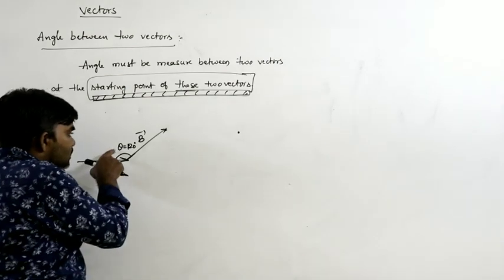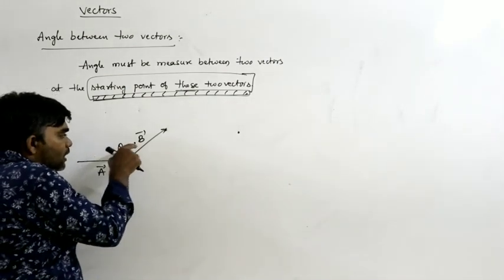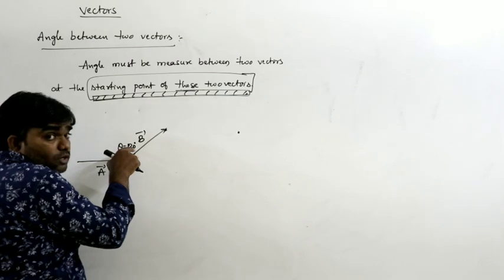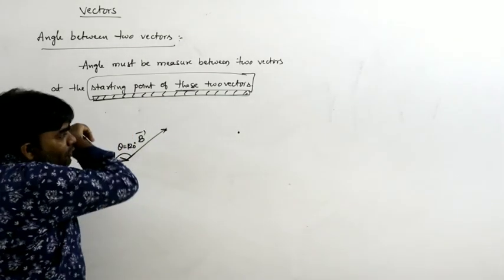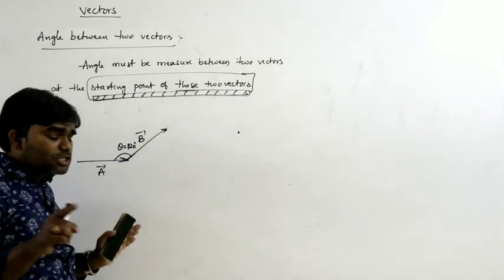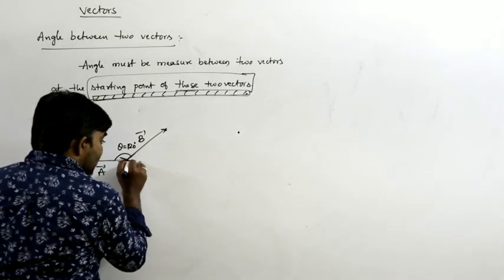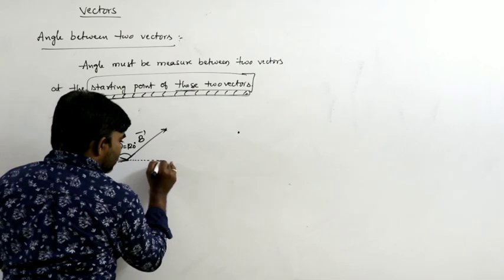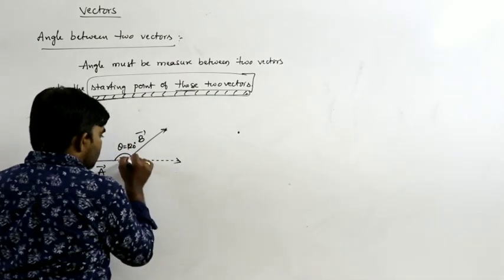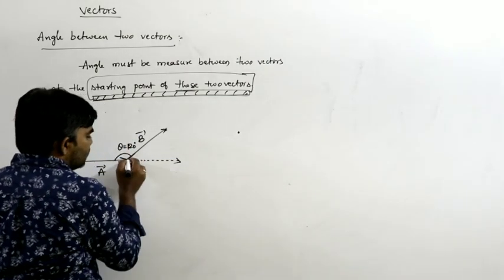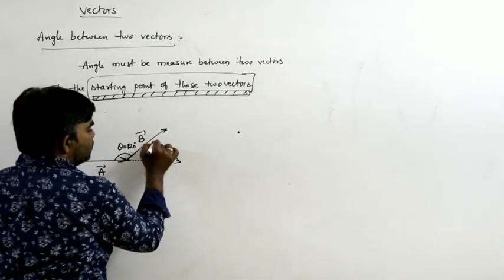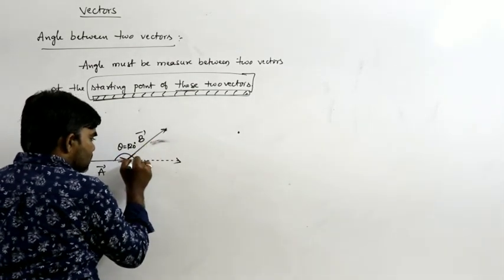So that is the angle between two vectors. Theta is equal to 120 is given. But where do we have to find out the angle? The angle must be measured between two initial points. For our convenience, I am extending the vector A bar here again. Now this is the starting point of the A vector and this is the starting point of the B vector. So now we can measure the angle.